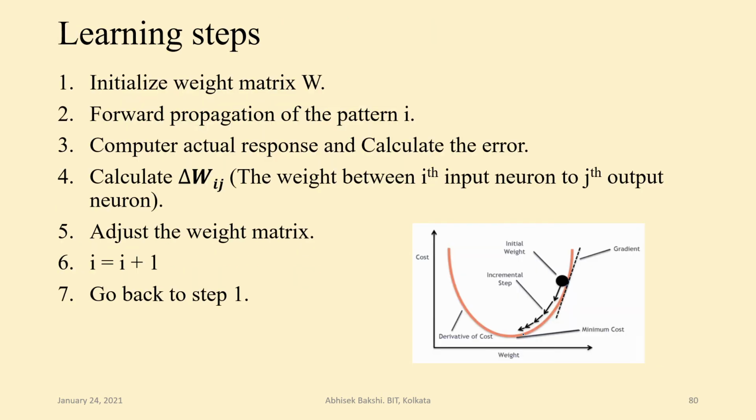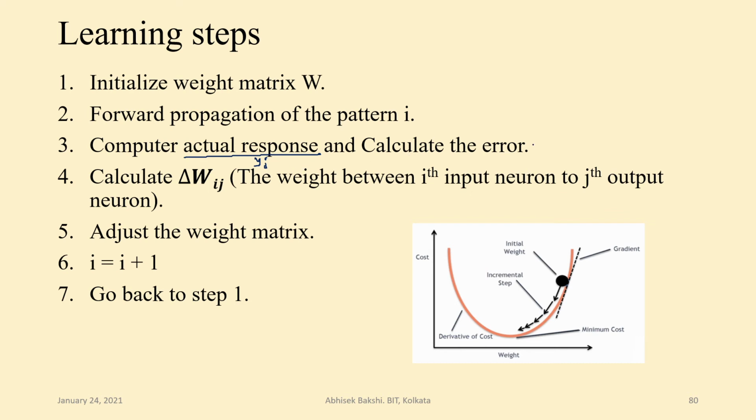So as we have seen, what is the learning step? We will initialize the weight matrix W, and depending on that maybe I will start from either this side or this side, doesn't matter. Now we will have a forward propagation of the pattern I that we have seen. The first pattern, the first fruit, maybe from fruit class 1 or fruit class 2, doesn't matter. And then compute the actual response. What is this actual response? This actual response is yj,